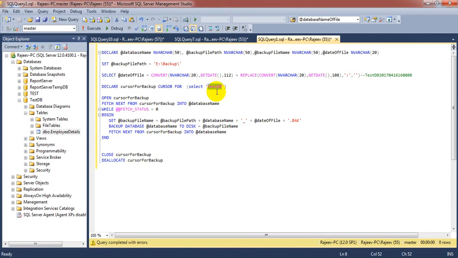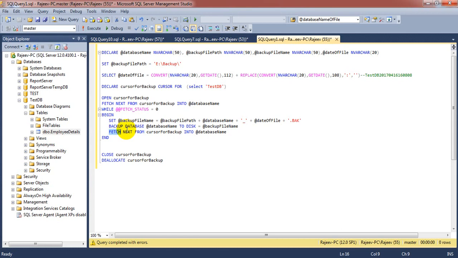If we have multiple databases, then this while loop will keep on executing until it fetches the last database. Suppose we have two databases, it will run the first time, then check again. If the next fetch is successful, it will go again.